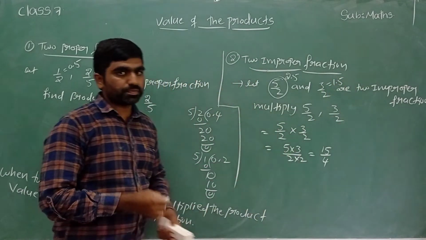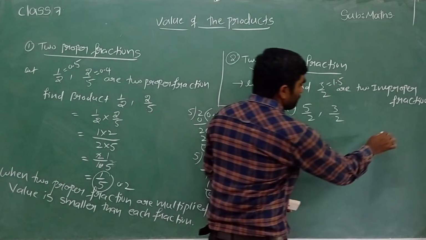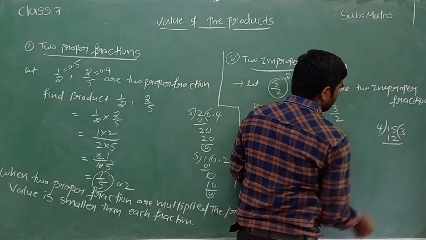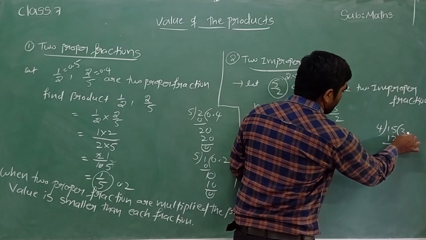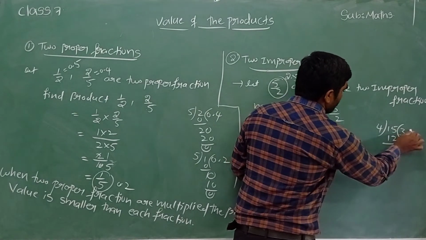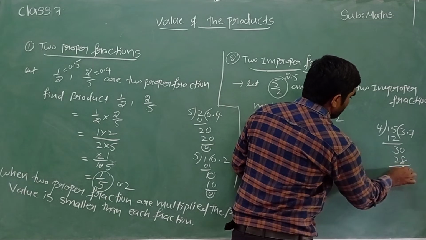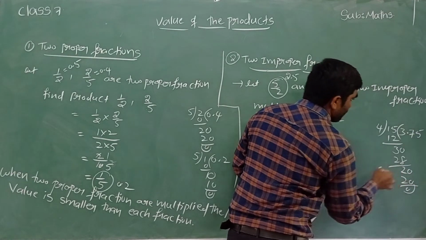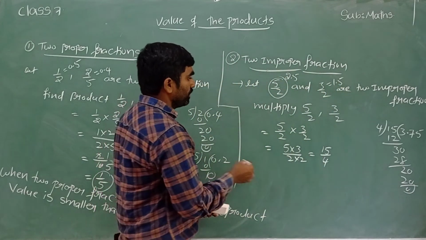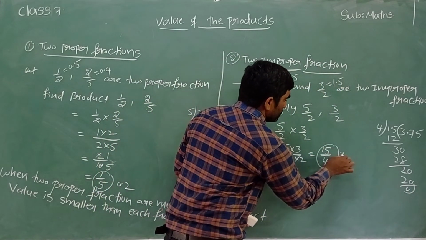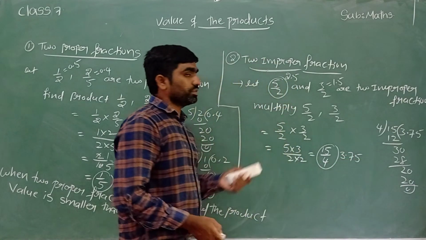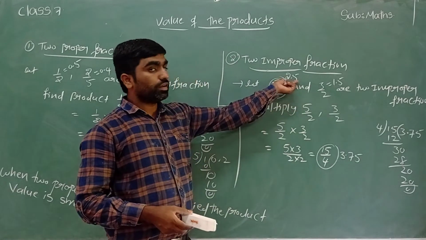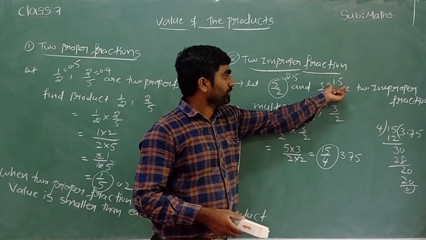Similarly, the decimal expression of 15 by 4 is possible, right? 15 by 4, let's see. 4 3s are 12. 5 minus 2, 3 left. Decimal point here, 0. 4 7s are 28. 2 left. 4 5s are 20. So what is the result? 3.75. 15 by 4 is nothing but 3.75. Now verify once how the 3.75 is. Yes, 3.75 is more than 2.5 and also more than 1.5.